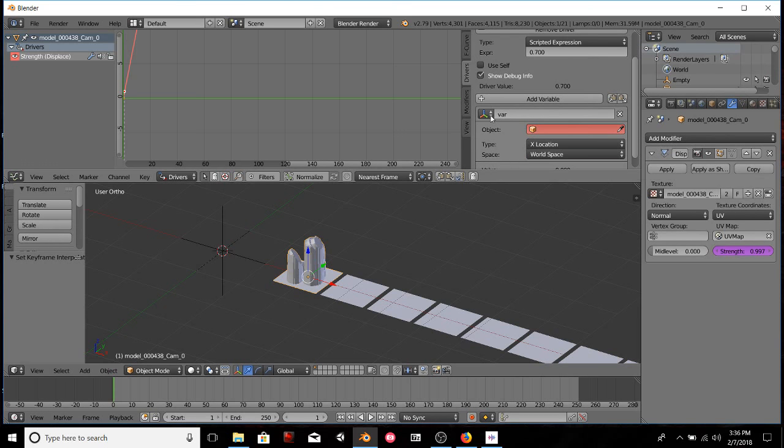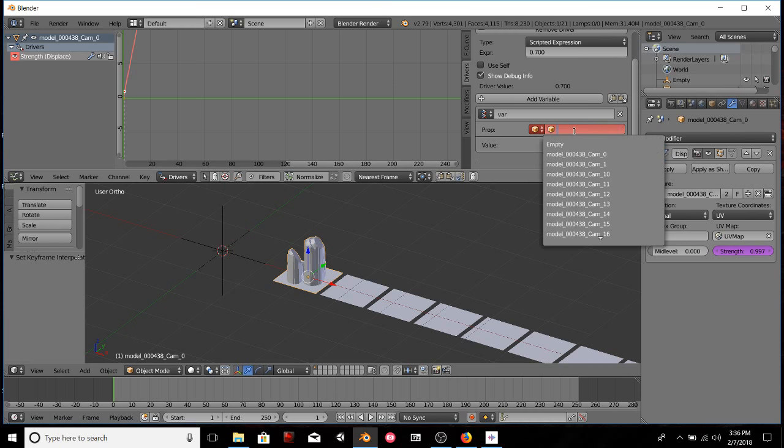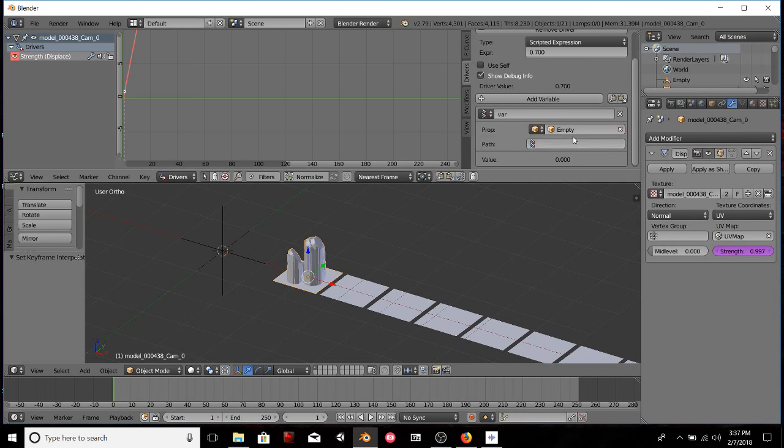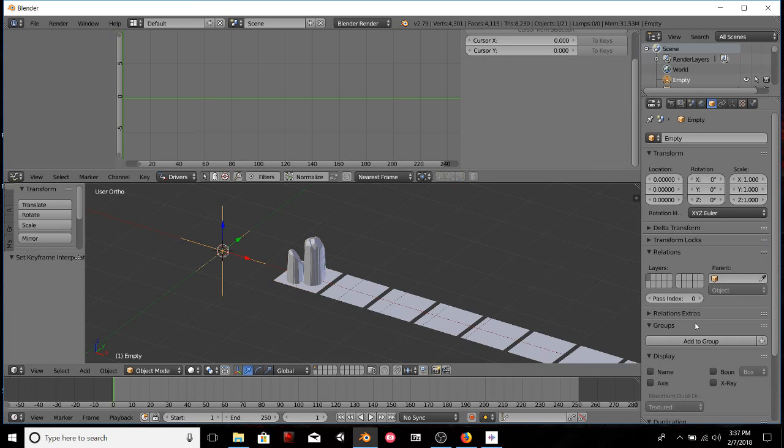Then we're going to switch this to single property. We can click the little eyedropper and hit the empty, or you can just get into your object list and go to empty. In here, I'm just going to hit Control V, because remember we copied that data path. On the empty, there's this property called global strength, and we just assigned it to this variable called var. Now in the scripted expression, if we just type in var and hit enter,